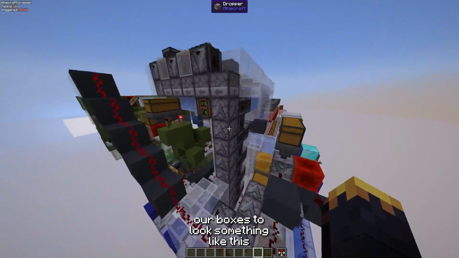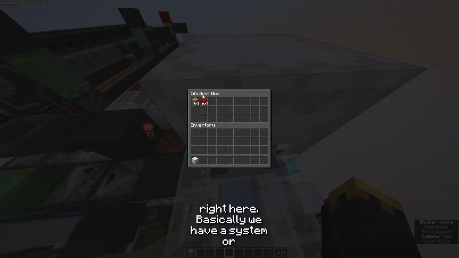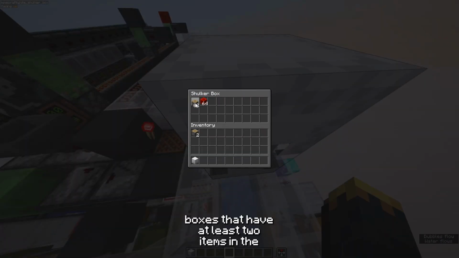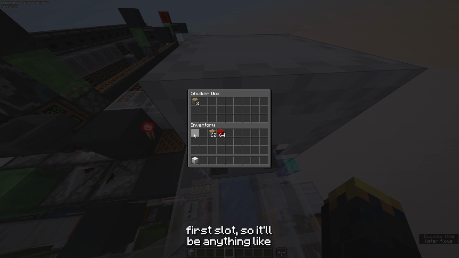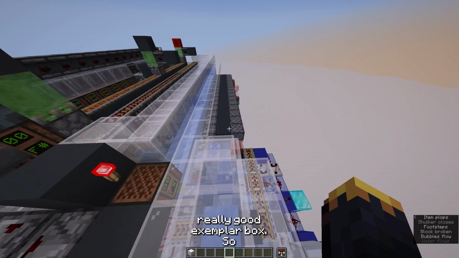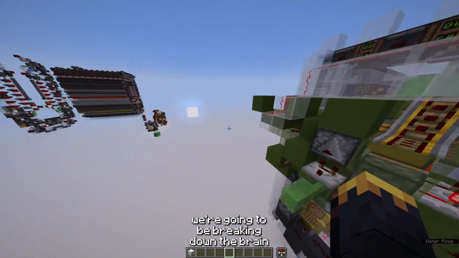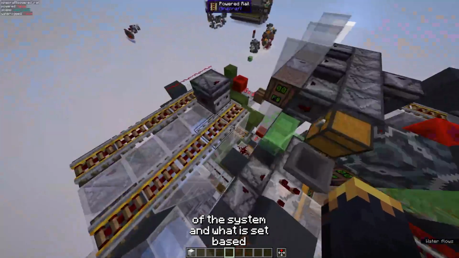So we've prepped all our boxes to look something like this right here. Basically, we have a system of boxes that have at least 2 items in the first slot. So it'll be anything like this with any more items. This is just a really good exemplar box. So what happens here? Well, in this video, we're going to be breaking down the brain of the system and